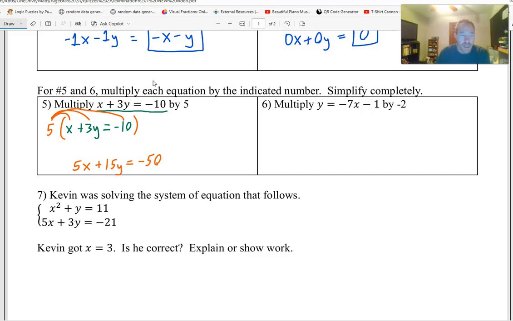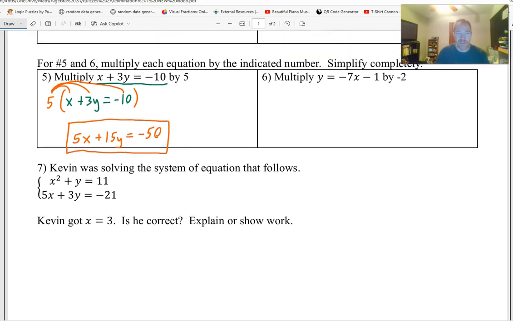And we don't have to do anything else with that. That's it. So that'll come up later in a future problem. We'll refer back to this problem to say, hey, remember how we multiplied the equation by 5? Yeah, that'll come up in a little bit. Otherwise, number 7,